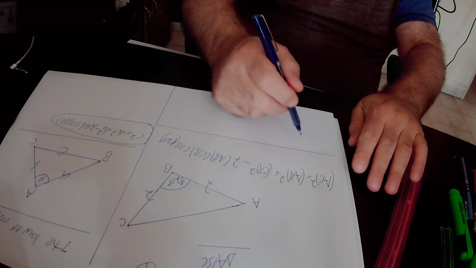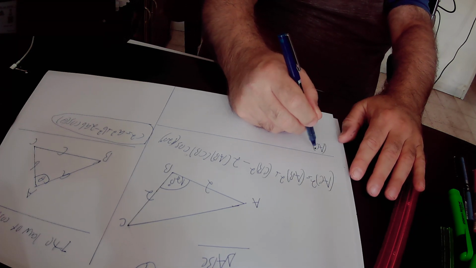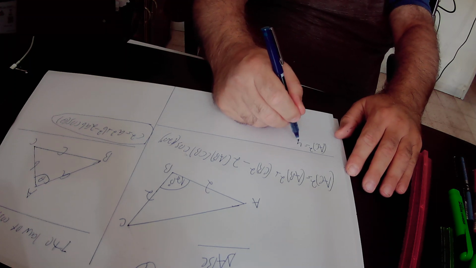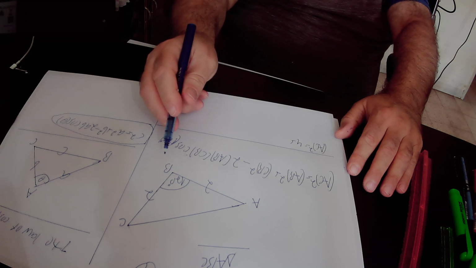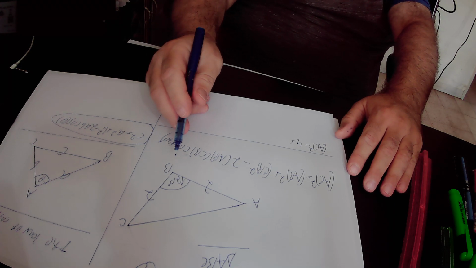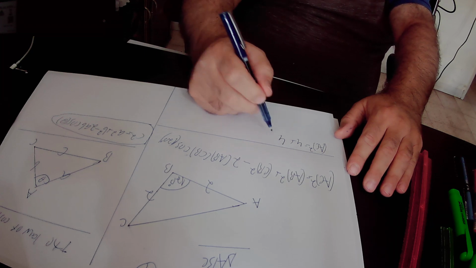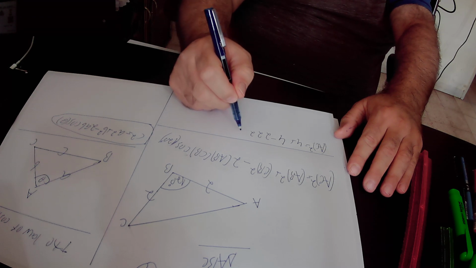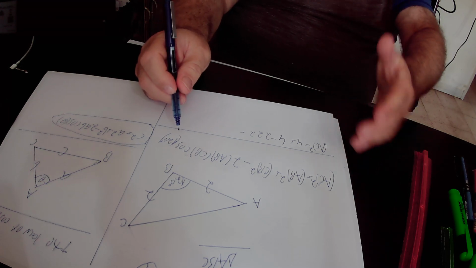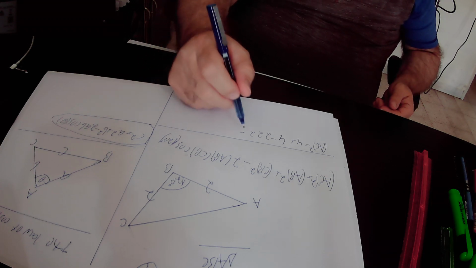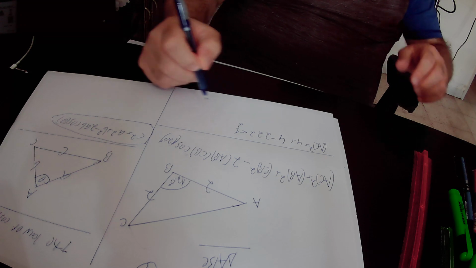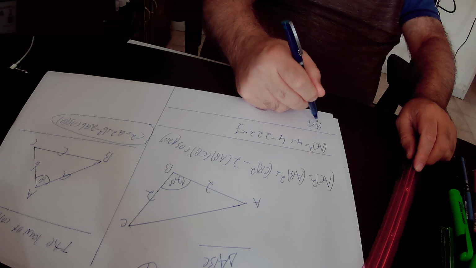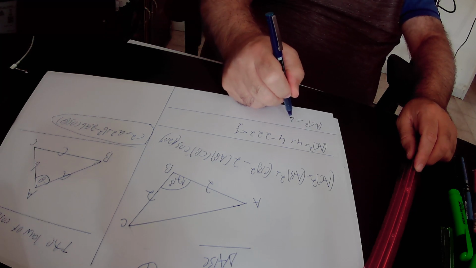So AC squared equals AB squared. AB is 2, therefore AB squared is 2 squared, that is 4, plus CB squared. CB is 2, therefore CB squared is 2 squared, that is also 4, minus 2 times AB, which is 2, times CB, which is 2, times cosine 120 degrees. The value of cosine 120 degrees is minus 1 half. Okay, so AC squared equals 4 plus 4 is 8, minus,